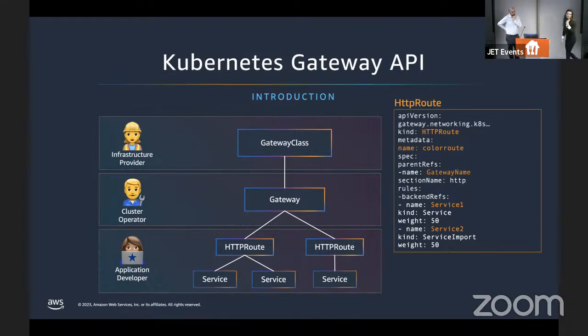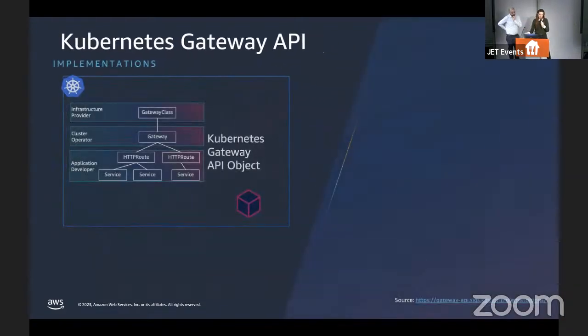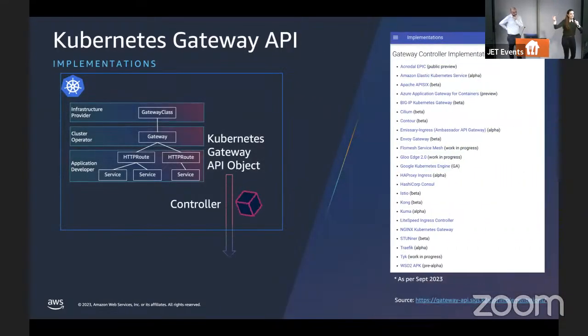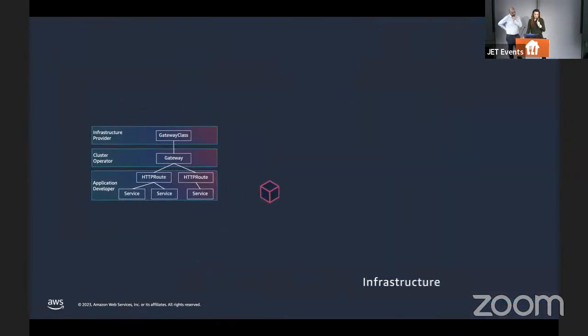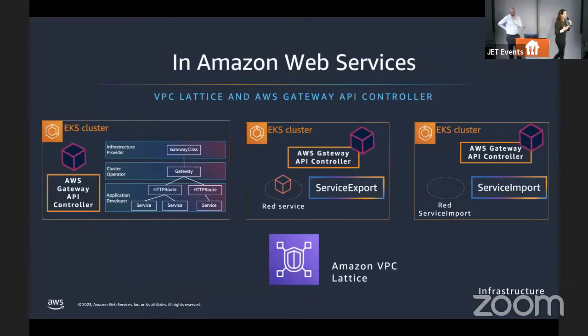So multi-cluster effectively. And with the Kubernetes Gateway API, much like for an ingress, we also need an ingress controller to fulfill the ingress. We also need a controller to use Kubernetes Gateway API objects. And you can see on the right, there is already a very, very big list of implementations. In AWS, we have created the AWS Gateway API Controller that does this translation and translates it into infrastructure with Amazon VPC Lattice. Amazon VPC Lattice, I will make a super quick introduction just for the sake of the demo,